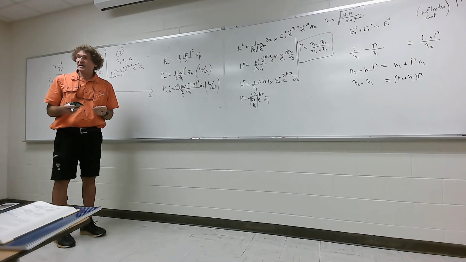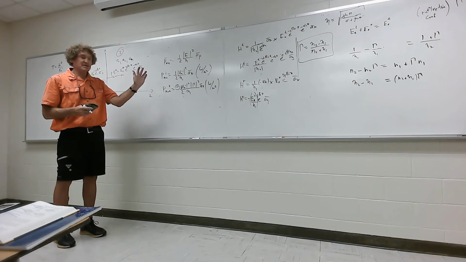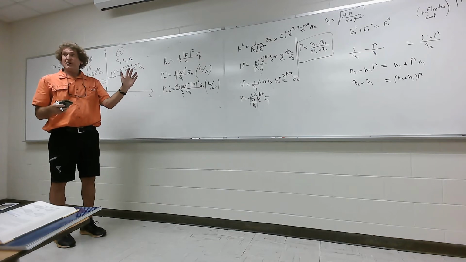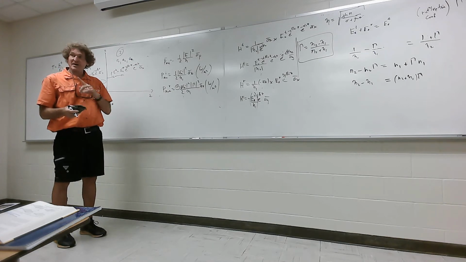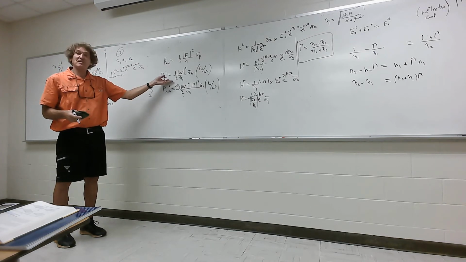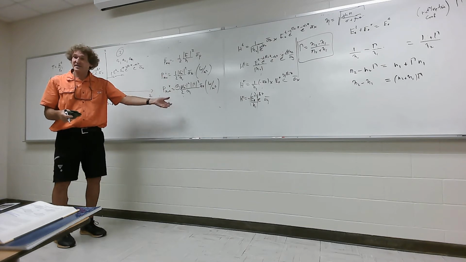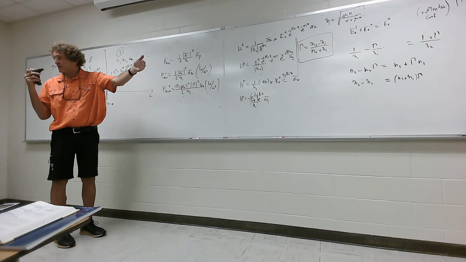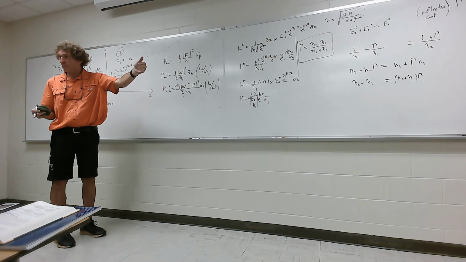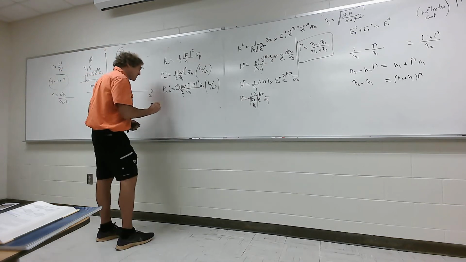Now, the final thing is, that's the reflected power, that's the incident power. If we go ahead and get the transmitted power, we can do it two ways. We can just say incident power density minus reflected power density is the transmitted power density. That should make logical sense to everybody. You all with me? Or you can go ahead and say the transmitted power density